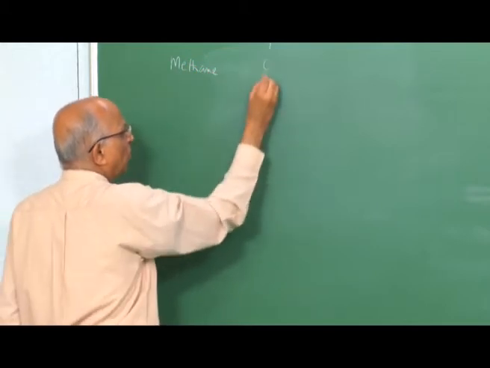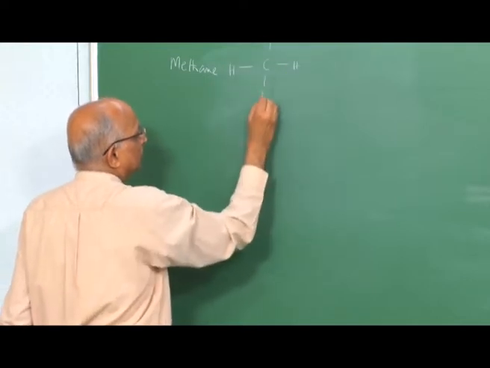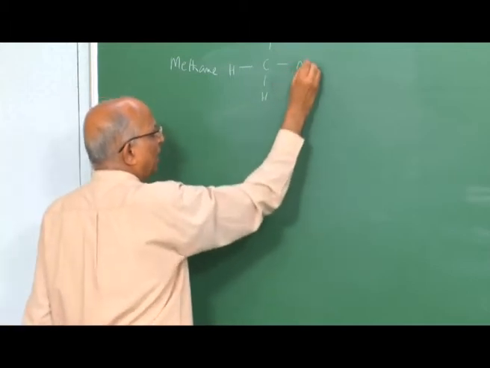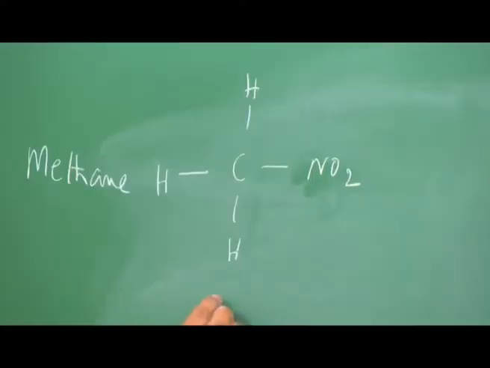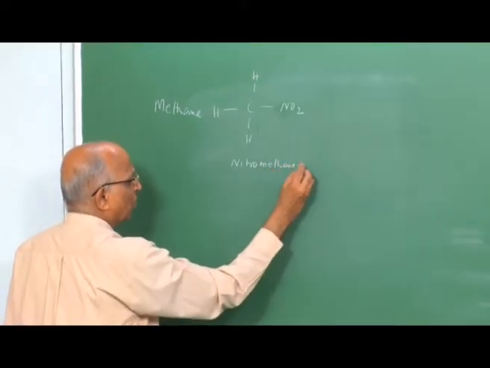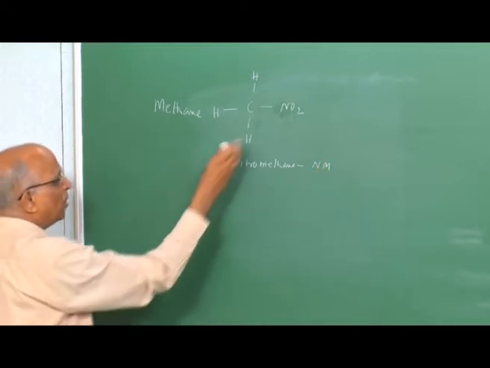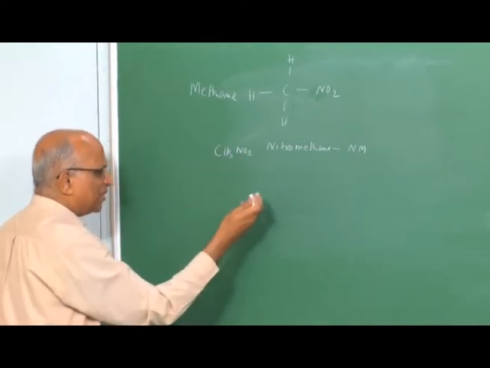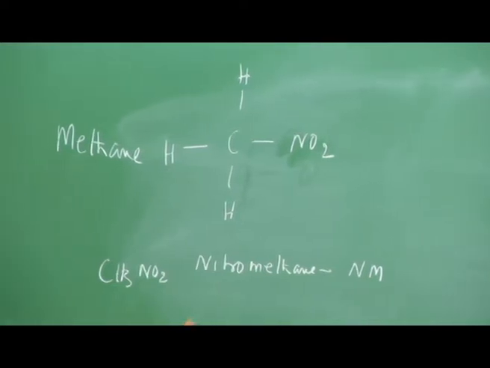Methane we said is CH4. All we do is take one of the hydrogens out, substitute it by the NO2 radical, and what is it I get? I get a nitro group added to methane, which is known as nitromethane, NM. Therefore, the formula for nitromethane is CH3NO2, and